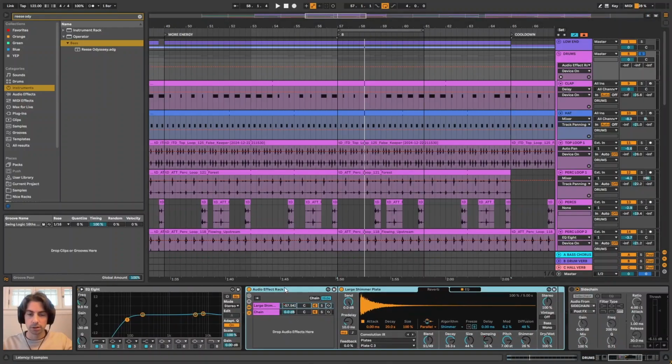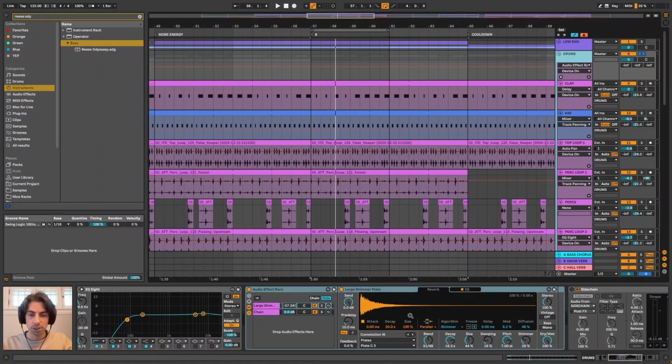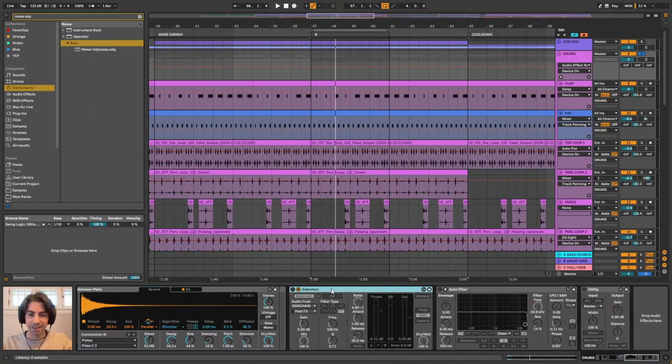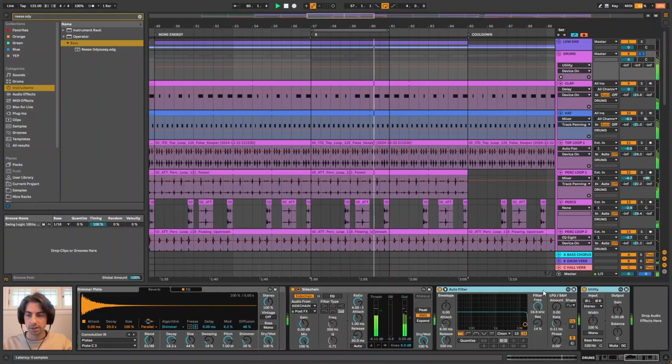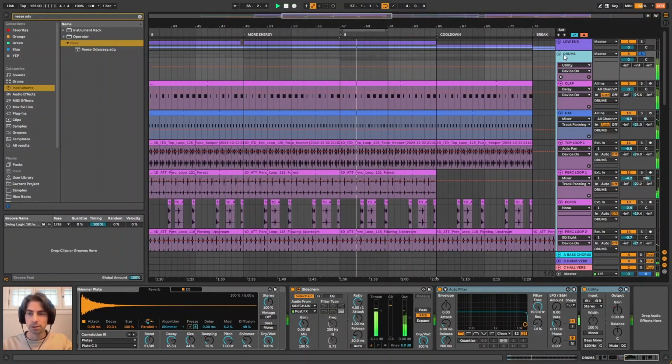Then this shimmer reverb we'll go through later on when we talk about transitions. And then a little bit of sidechain on the group, very minimal, less than a decibel. And these again are transition stuff. So drum group there,